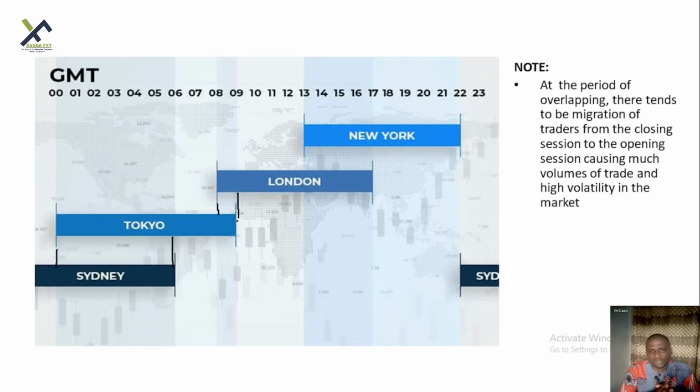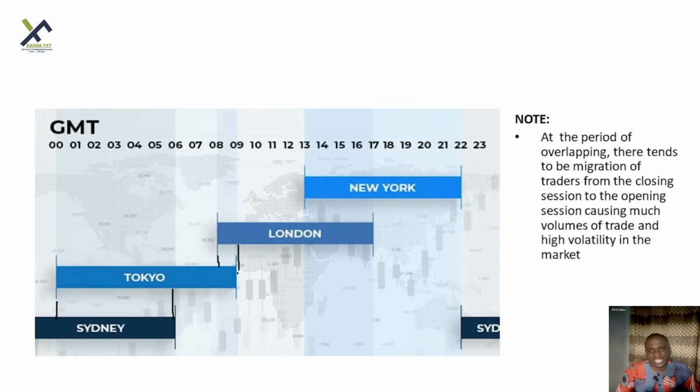Now, if you are looking for a time to trade, the overlapping section is very important because that is where the main thing happens. Let's go to the chart and see how this trading section plays out and how we can use them to determine our entering and our exit decisions as a trader.